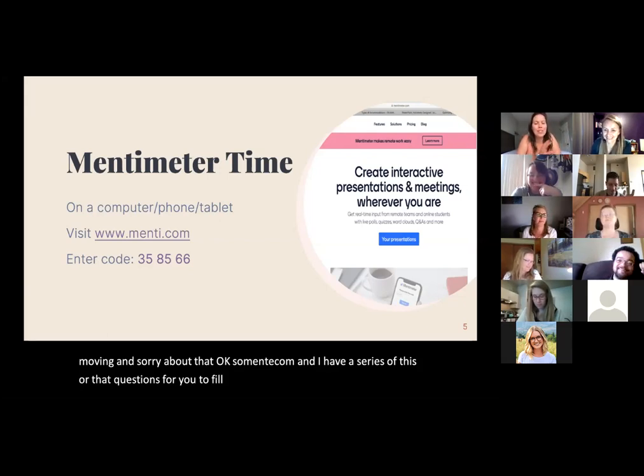Cool. I wanted to show you a few different ways that you can use Mentimeter. There's a ton of cool graphs. I love the different options there. And then you can use it with these word bubbles and whatnot. So we're going to go ahead and head back to the